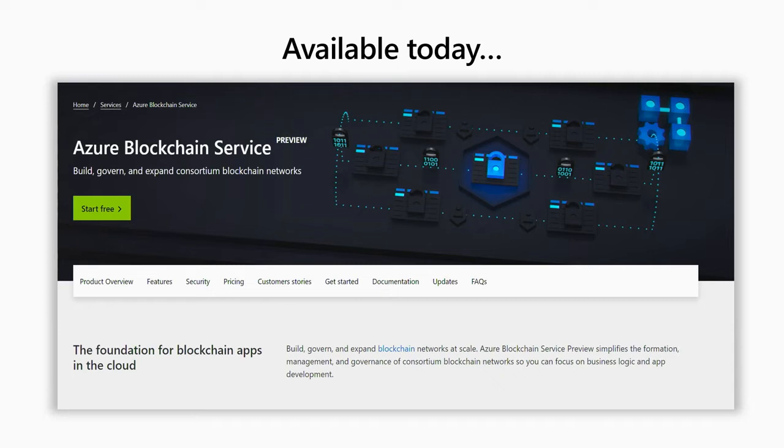We actually saw customers go from that morning, they'd already done some proof of concept work, they had an idea for the application, they'd done test deployments on top of networks they'd built themselves. They took those smart contracts, they deployed them on Azure Blockchain Service and went to production with it that very same day. So if you've got the idea and you know what you're going to do, you've got an idea with the smart contracts and you know how to integrate the application with the rest of the systems, you can